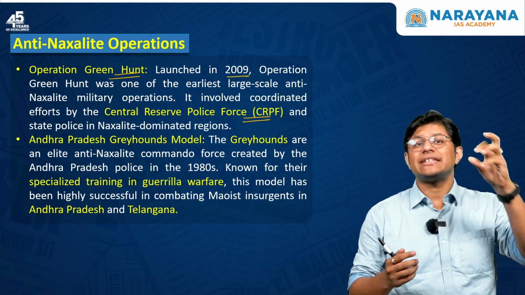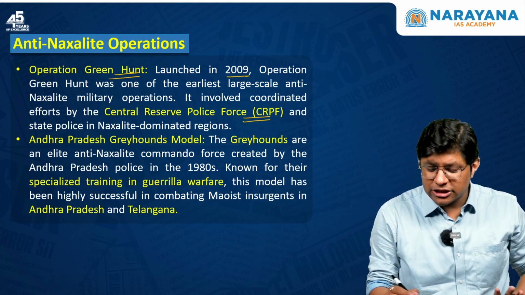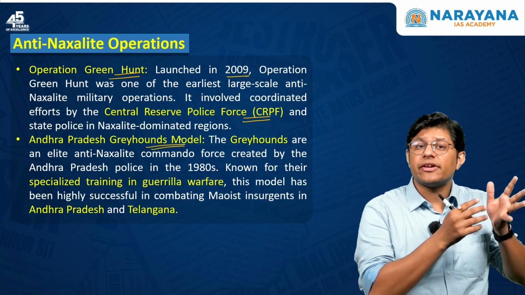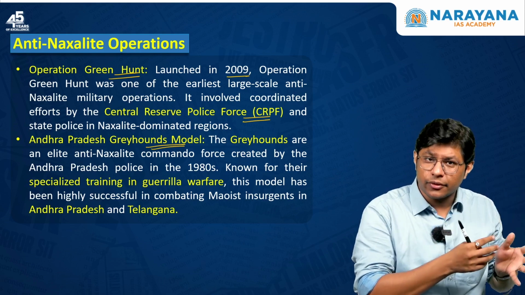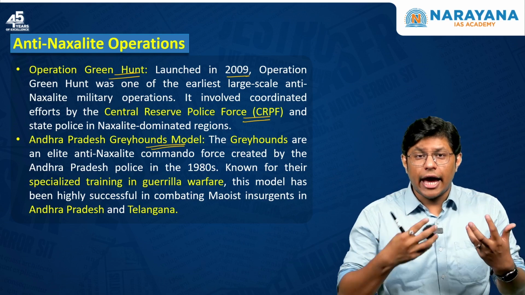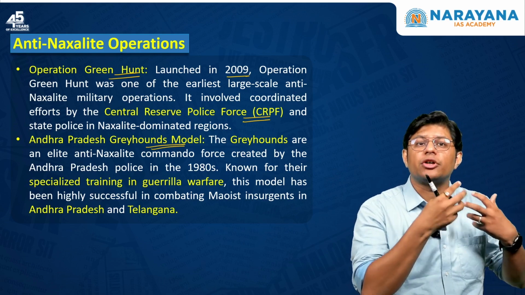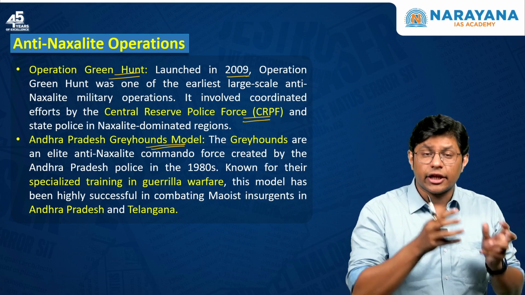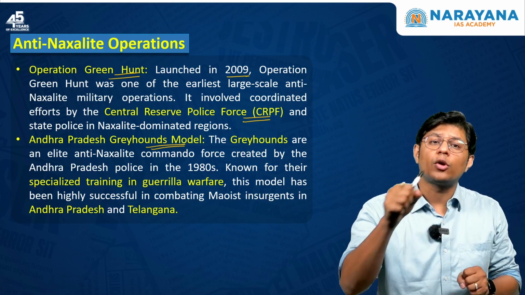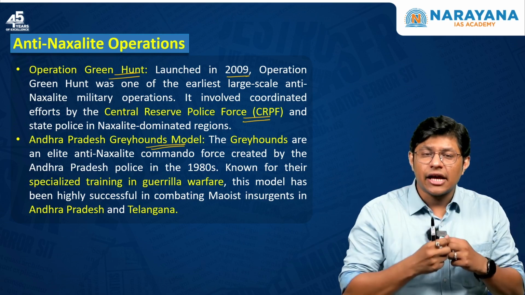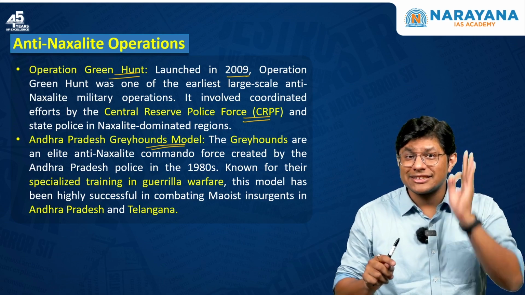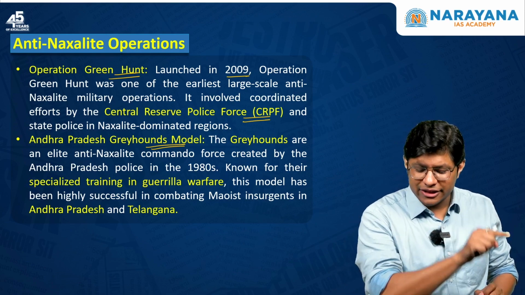Second is the very successful Andhra Pradesh Greyhound model. Now this is a state specific incentive or initiative. Here the leadership actually gave incentive to the police officials. The police officials worked very effectively. They got the local intelligence from the local people, and they tackled or completely eliminated the problem of Naxalism in the Andhra Pradesh state and